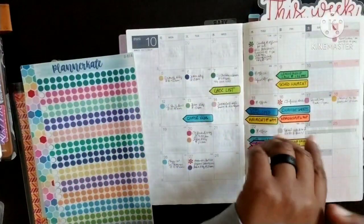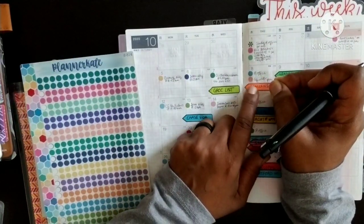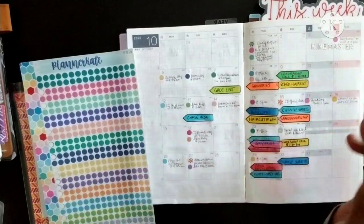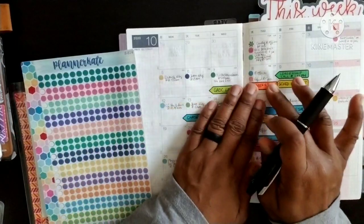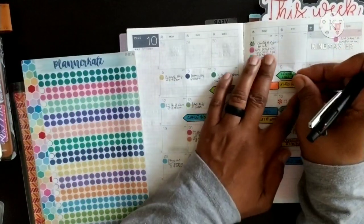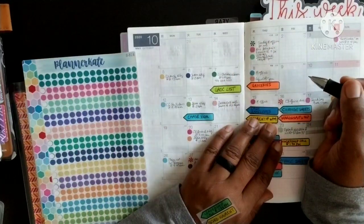And then with the groceries, like I said, this is not something that I need to put on my monthly to write it in. I need it as a placeholder when I'm planning this week. So I'm going to leave the grocery flag right there. Then we come to Friday, and I have